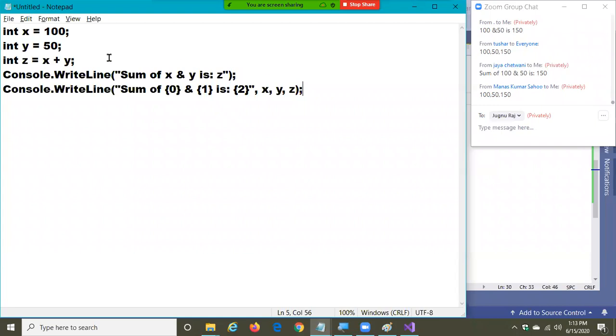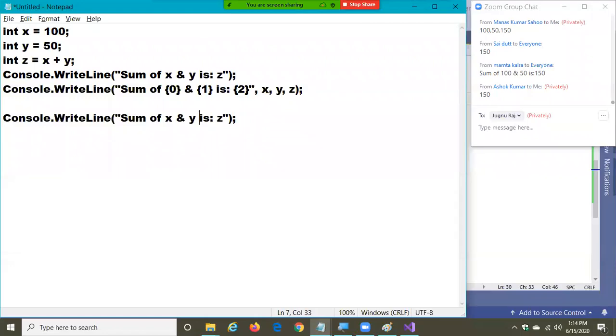Okay, but this is becoming lengthy. To overcome this problem, in C# 6.0, they introduced a feature. What is the feature? Put a $ sign before the string, and use your variables inside the curly braces like this.